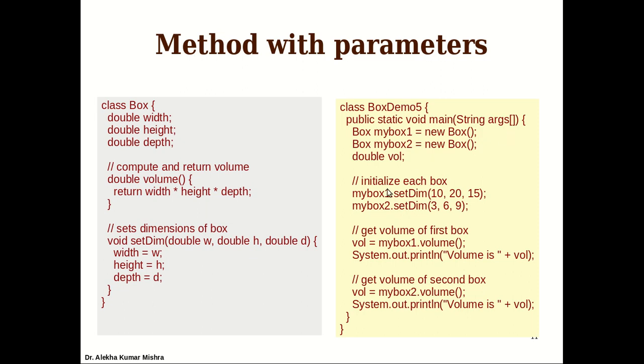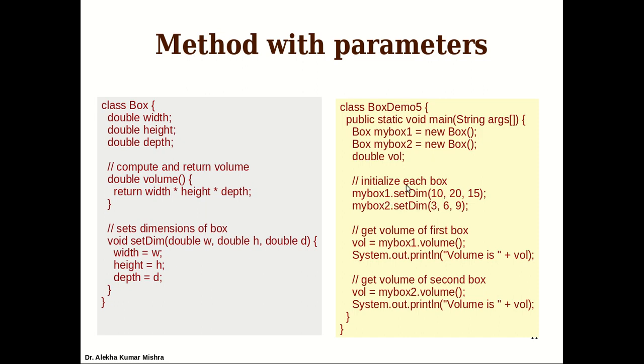What I'm going to do is call setDim to assign the dimensions for the objects box1 and box2. You can see that this is done through these two methods. Then computing the volume. You have to make sure that whenever you invoke this method, you invoke it through